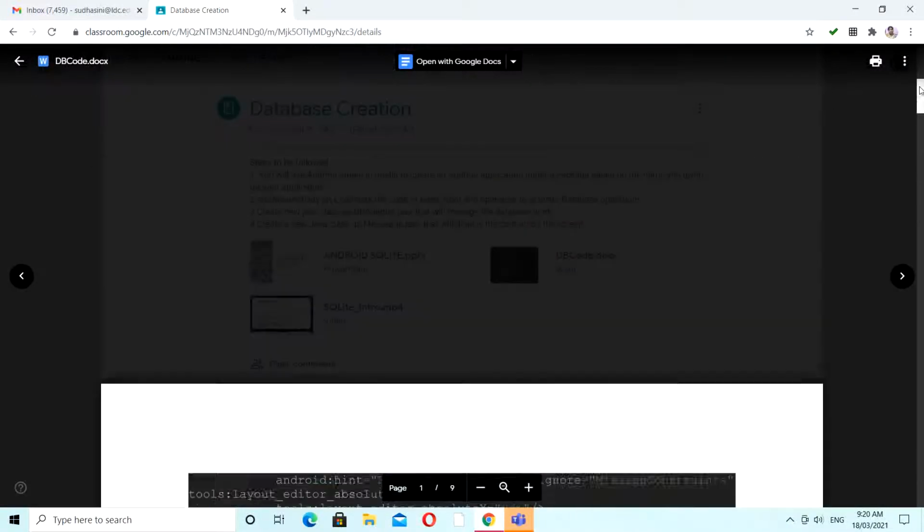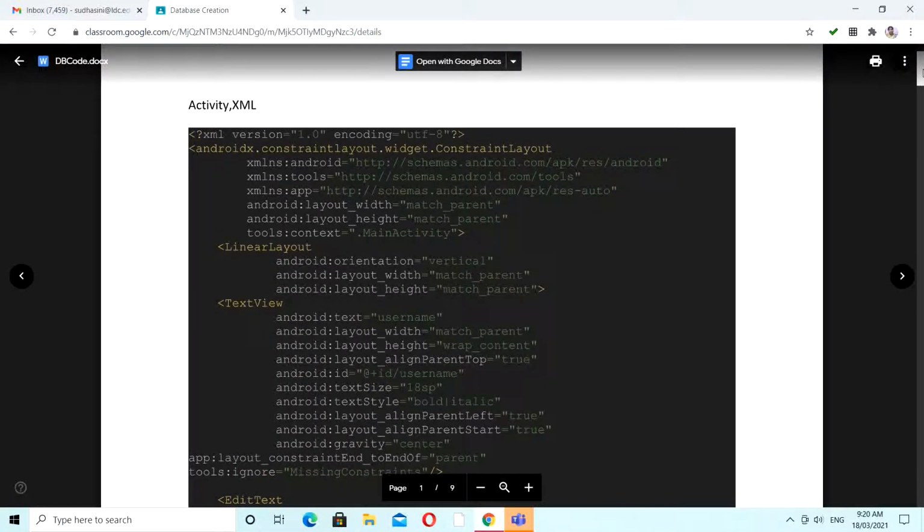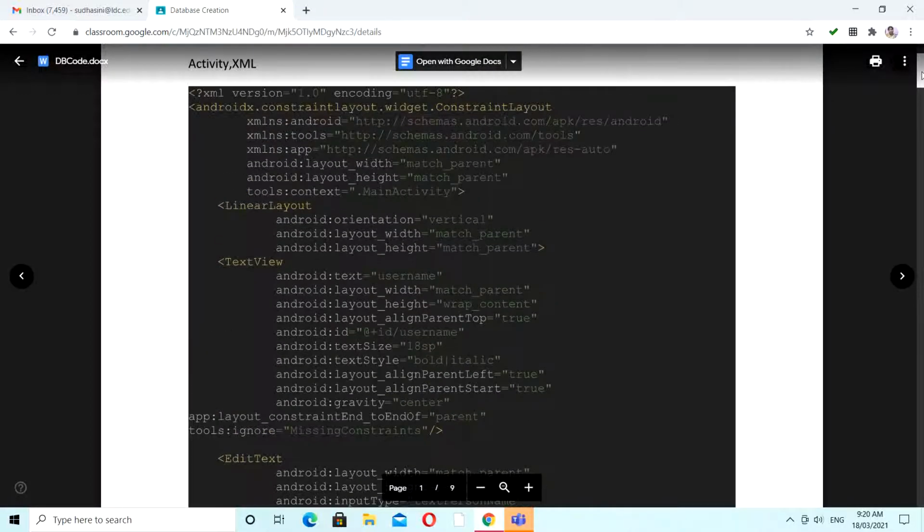So in this coding, we have several files over there. activity.xml is where you can give the complete layout of your environment. You can place any number of controls. The complete designing part will be in the activity.xml in XML format, right?